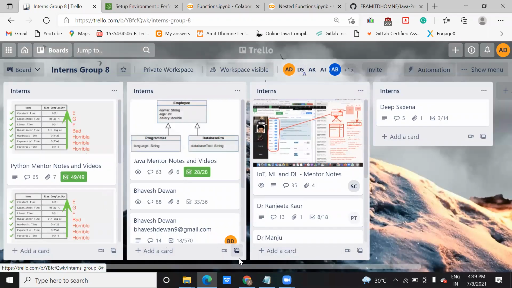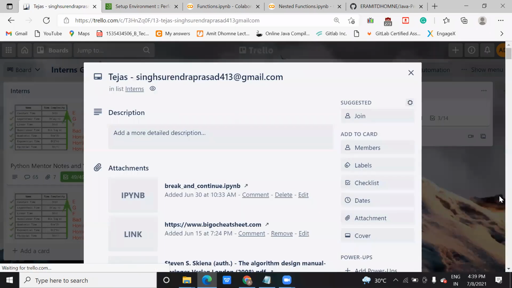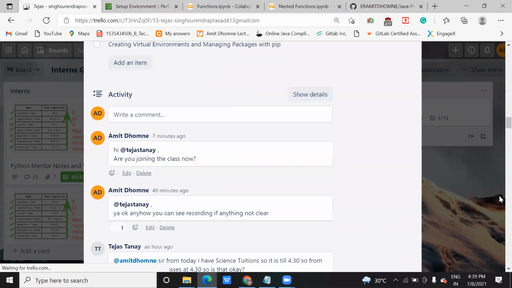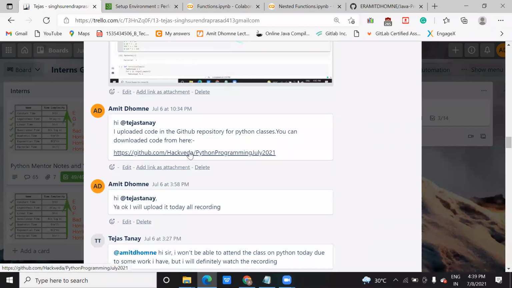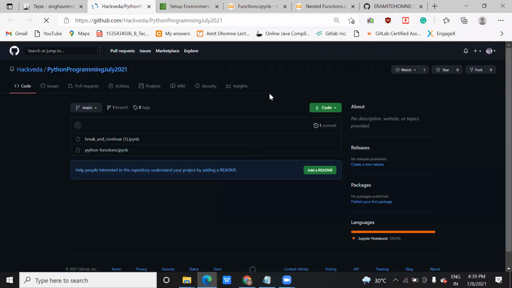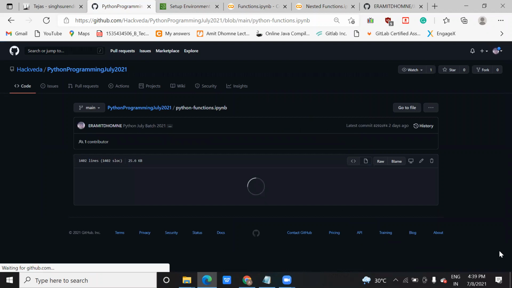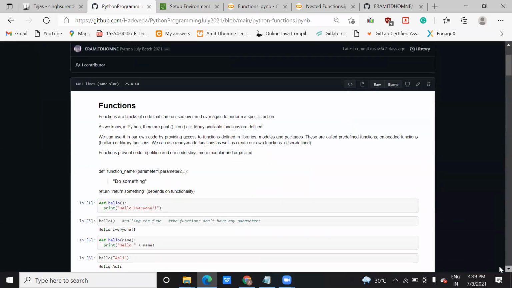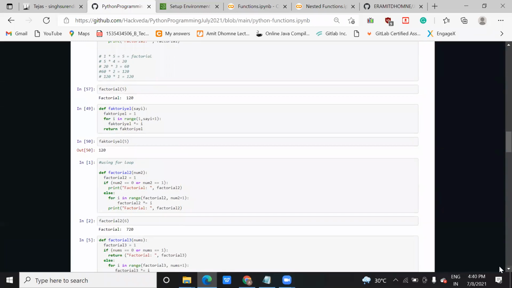I already shared that link with you. Let me open that. This was the GitHub link. In this link, these are the two code files. Let me open this. I can give you the general idea. If anything is not clear, you can ask me anytime. Okay, this is the file.